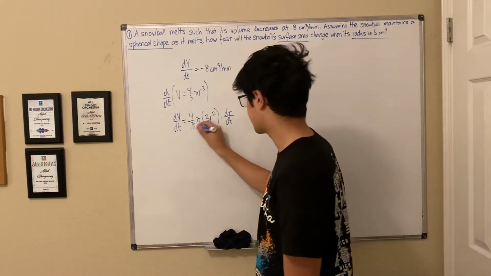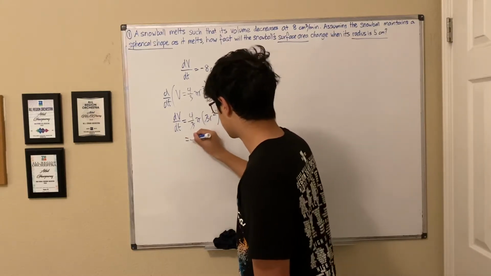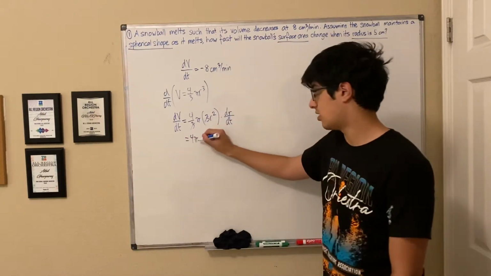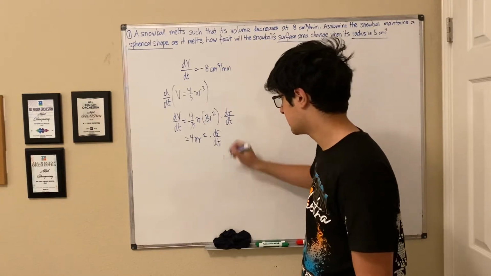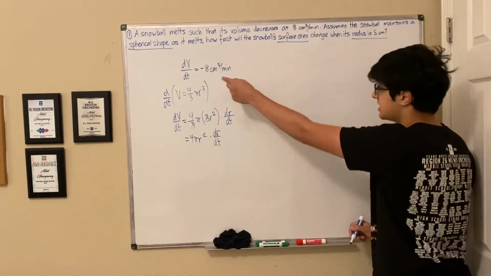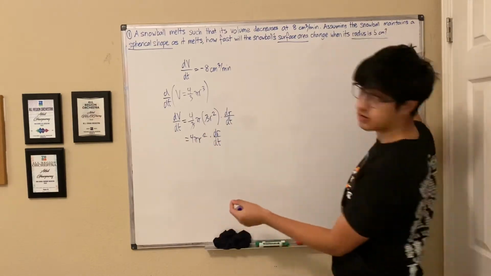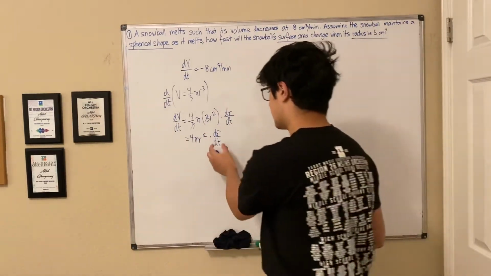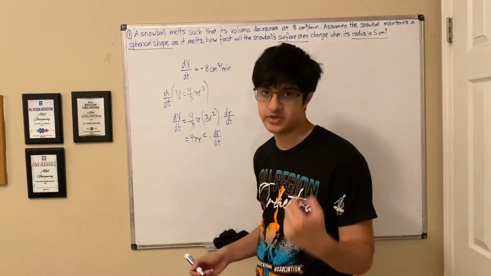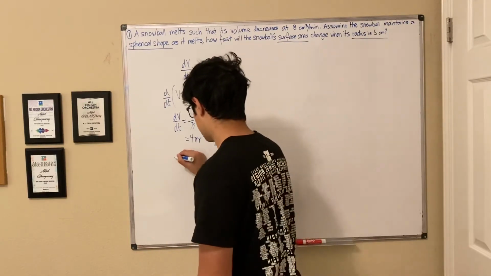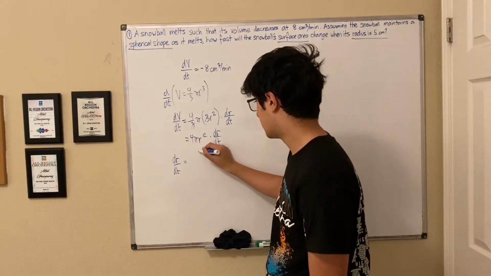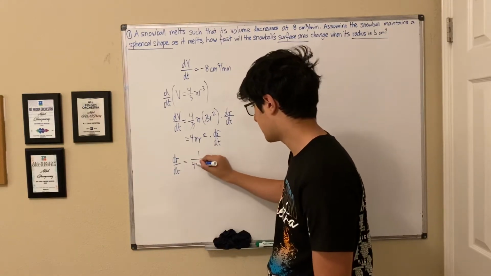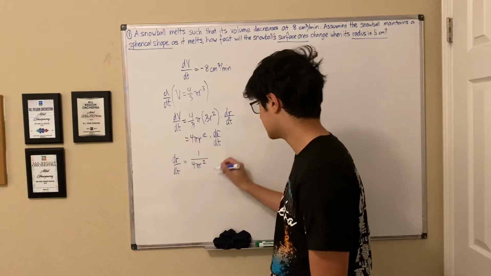So, simplifying this out a little bit, we get that this is equal to 4 pi r squared times dr/dt. Now, we know dV/dt, we know what r is, because it says right here the radius is 5 centimeters. So we can solve for dr/dt and hope that takes us somewhere. So, by solving for dr/dt, we get dr/dt is just 1 over 4 pi r squared, dividing the 4 pi r squared on both sides, times